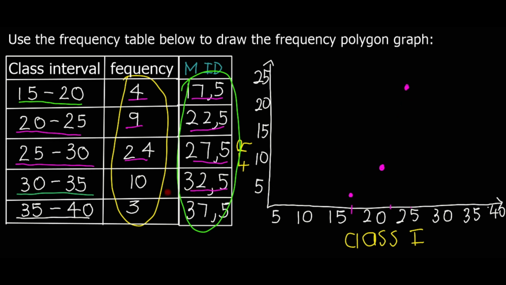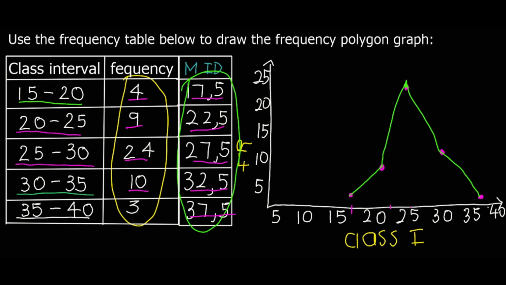And then 32.5 with a 10. So this is 30. 32.5 you are somewhere here, and then with a 10 here. And then the last one 37.5 with a 3. So 37.5 can be somewhere here, and then another 3. So 3 you are below 5. So let's say it's somewhere here. So now let's join our points. So this is a frequency polygon graph, but